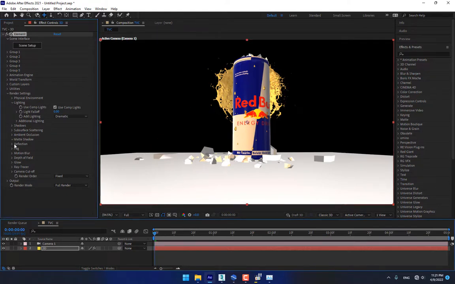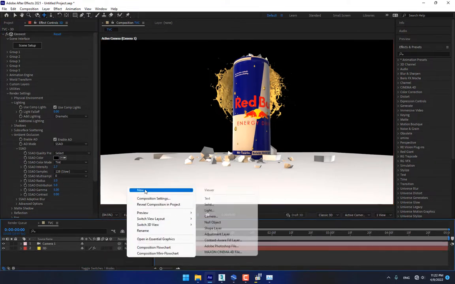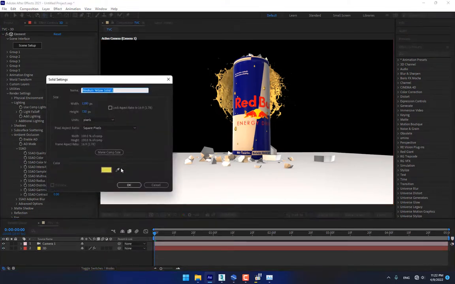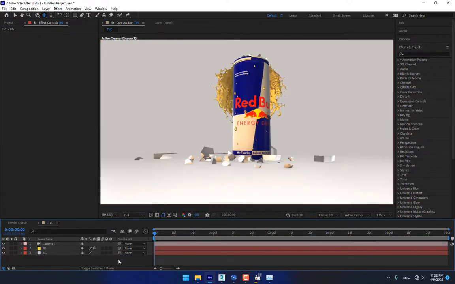And turn on the matte shadow and turn on the ambient occlusion, looking more realistic. Set the sampling 64 and set the intensity a little bit more. 2.7 is enough. 128, and create another solid. Select the material texture and name it background. Press OK. Drop down. Okay,